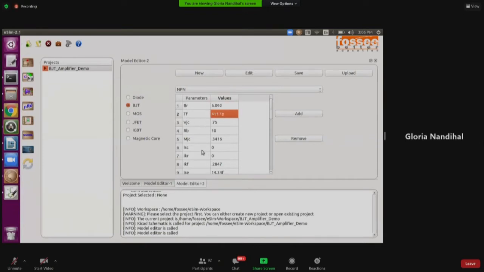And every time the order will change, it is not constant. In the sheet, the first one may be vs or vts, and here it is coming different. So don't worry about this order. It will always change when you load the model editor. Once you enter the values, please let me know. It will take some time, I think max 3 minutes.